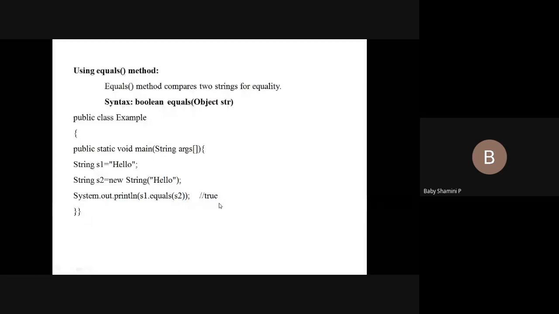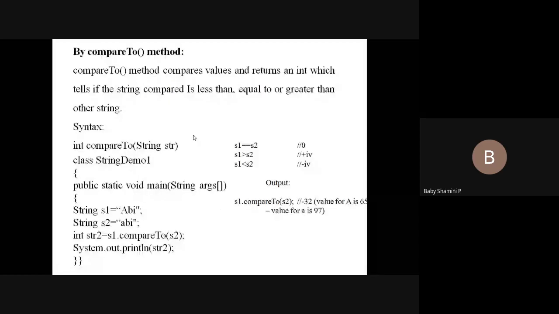And next we have the compareTo method. The compareTo method compares two strings and displays an integer value. How will it find this output? First it checks the S1 value with the S2 value. The first is Abhi, the second is Abhi, but the first letter A is capital, the second letter A is small. So it checks each and every character, the first character capital A and the first character small a. Both are different, so they have to find the unique code for capital A, which is 65.